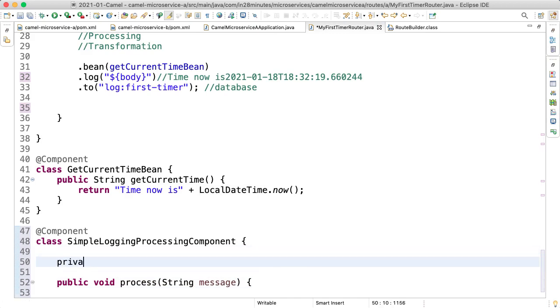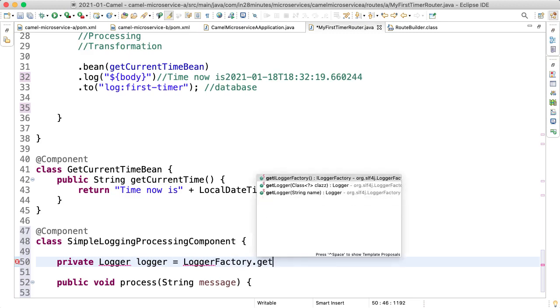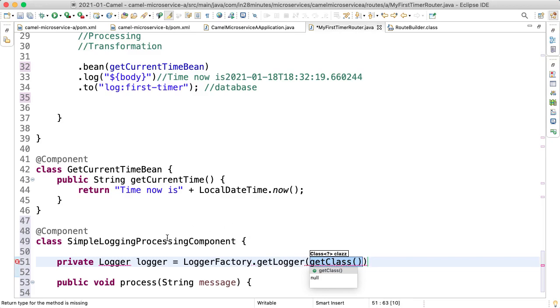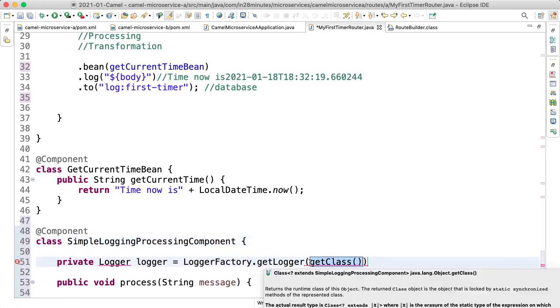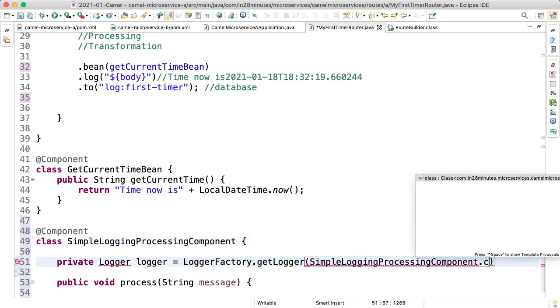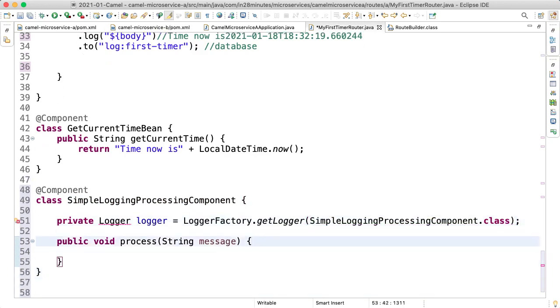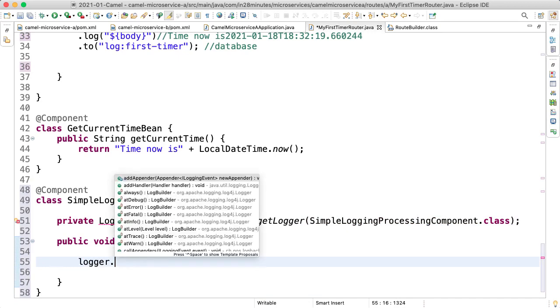All I do in here is say private logger is equal to LoggerFactory.getLogger for this specific class, so this.class, and let's just say I would log some message, logger.info,